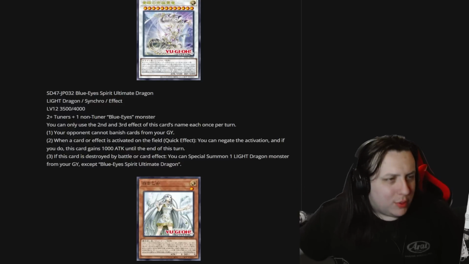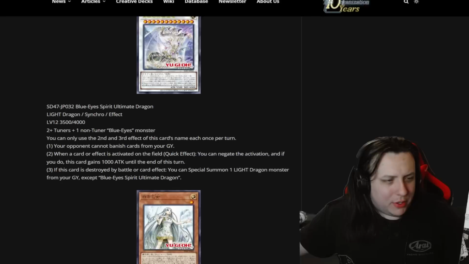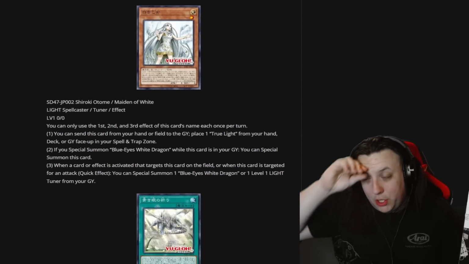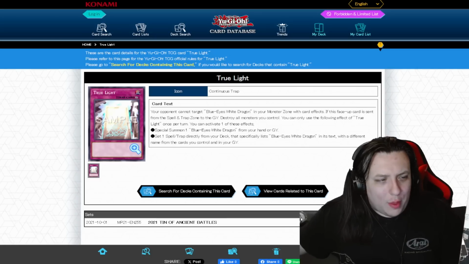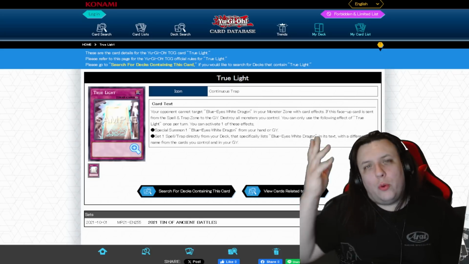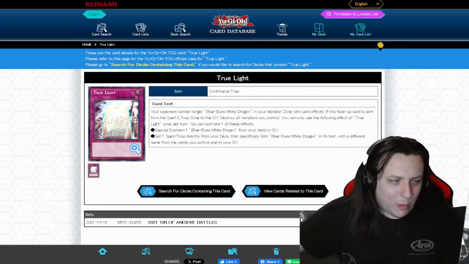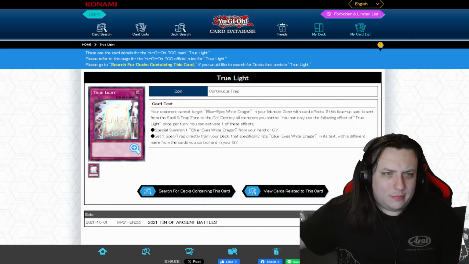It's fine. I don't think this really changes the formula when it comes to Blue-Eyes. They have a nifty new Synchro monster they get to play with. That's pretty funny. Maiden of White is pretty good. It lets you use True Light more, but we don't have a card that protects True Light. Right? True, if we land Azure Dragon, then it's safe for a little while, but our opponent can just wait to destroy this, or I guess we could get rid of it with something, but...